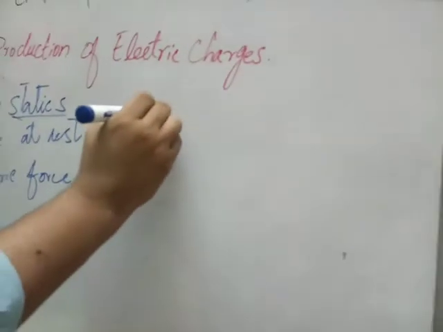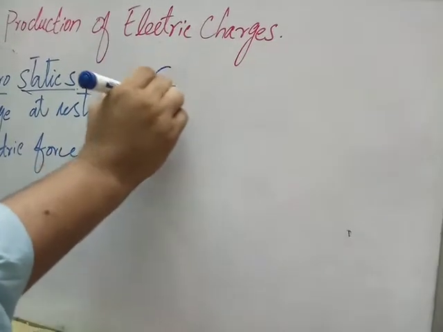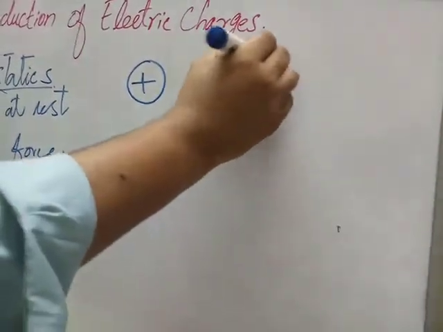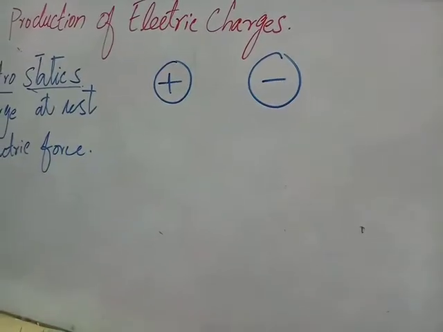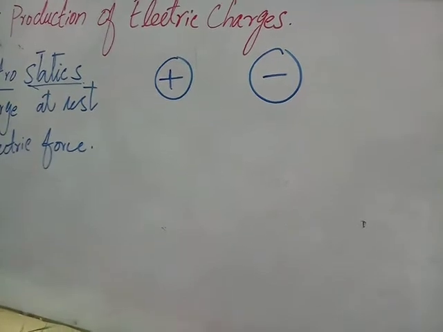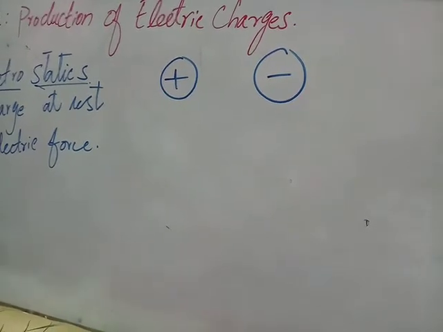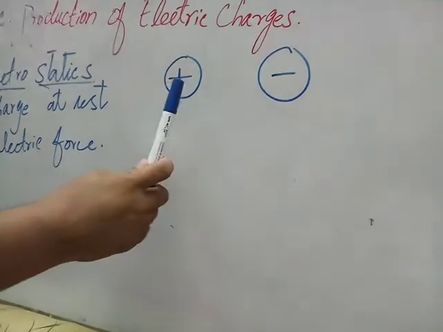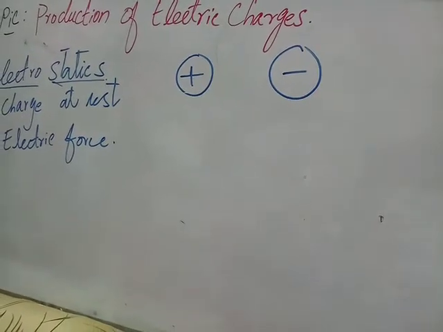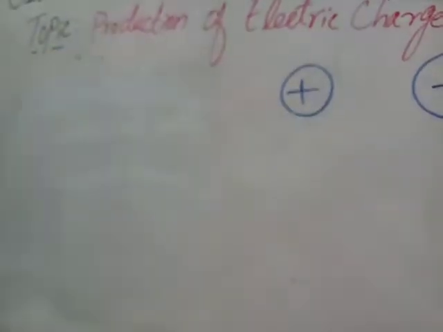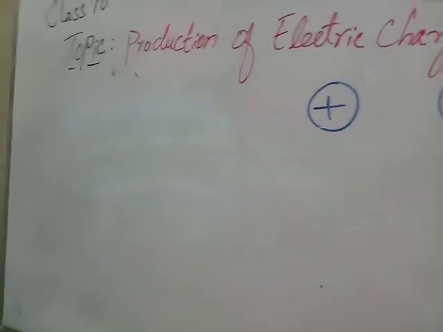One is positive and one is negative. Here we describe two experiments in which we discuss when we get positive charge and when we get negative charge. So for this we make two experiments. In experiment number 1,